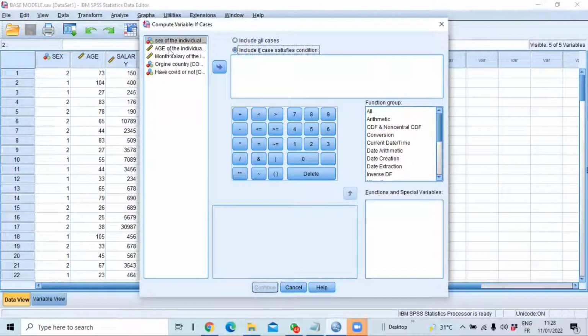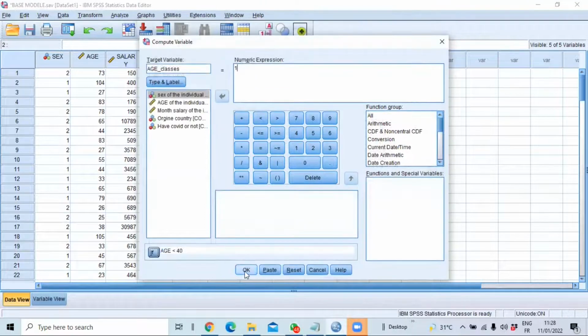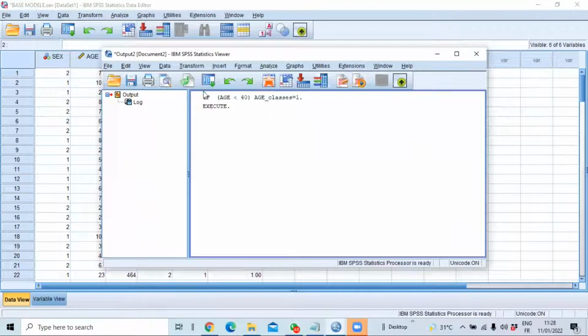We will select our variable age, and use this arrow in order to put it into the variable section. We'll require our variable to be in our first class to be less than 40, less than 40 years old. So we click on Continue and then click on OK, and you can see that